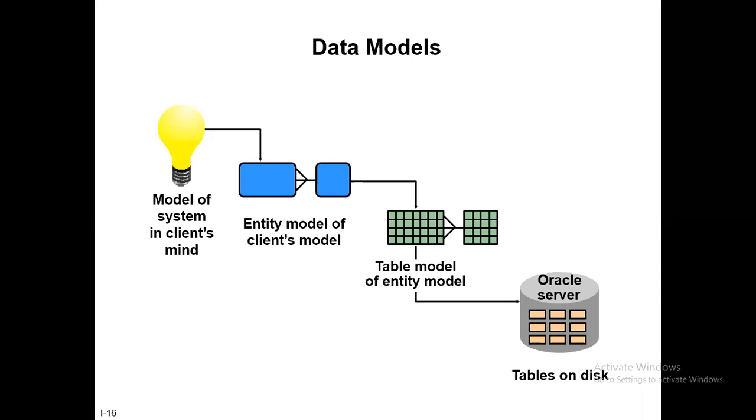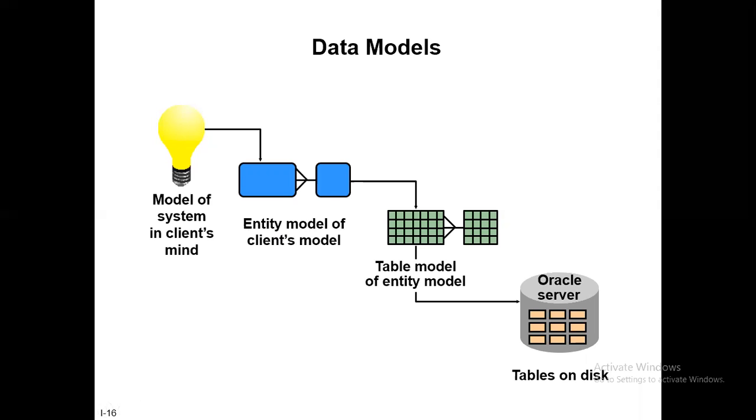So what we do, suppose your brother wants to, let's say for his business, create a database tomorrow. So what he can do is, he will have to think, what information do I want to store? I want to store my client information. I want to store my product information. I want to store my payment information, which client is paying me how much for which product. So that's what we call the entity model. So first we'll say client, then we will say products, then we'll say payment. So now we have three entities.